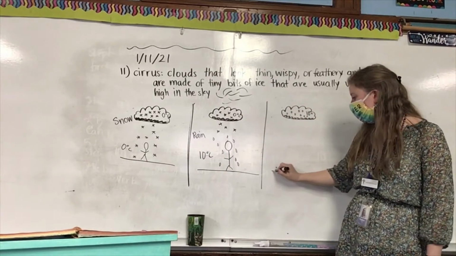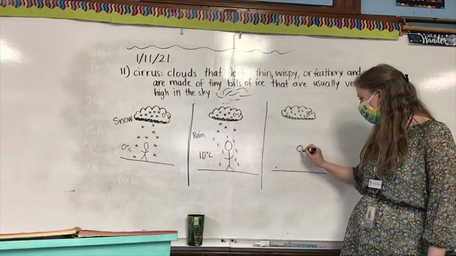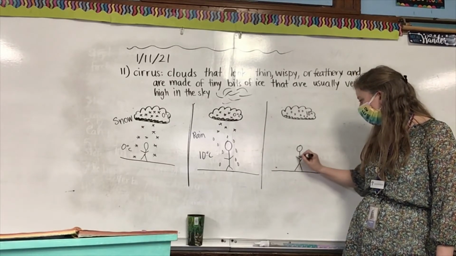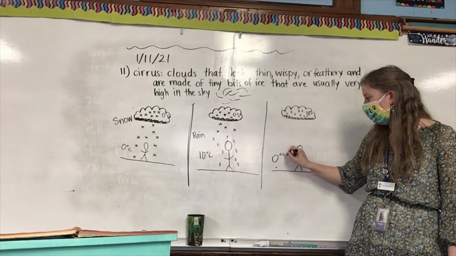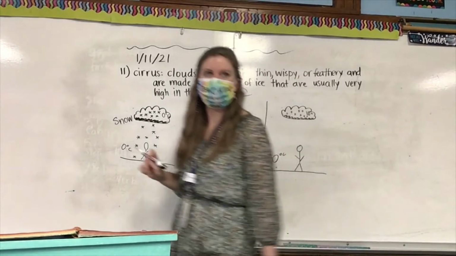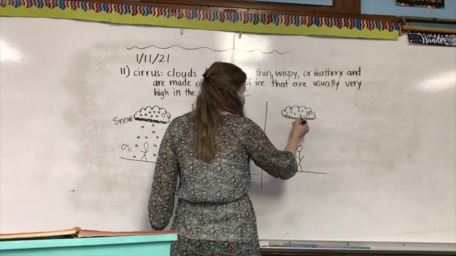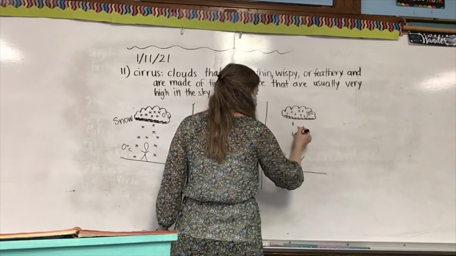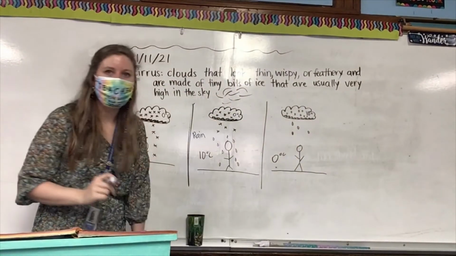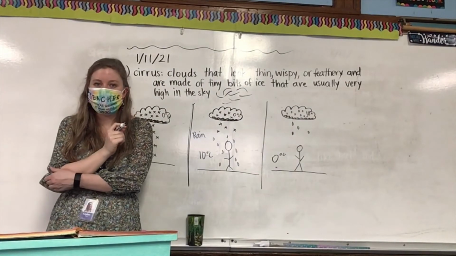They start, then we have our ground and our person. But on the ground, it's 0 degrees Celsius. It's like 32 degrees outside. It's pretty cold. Well, it starts to fall as rain, but then what happens,